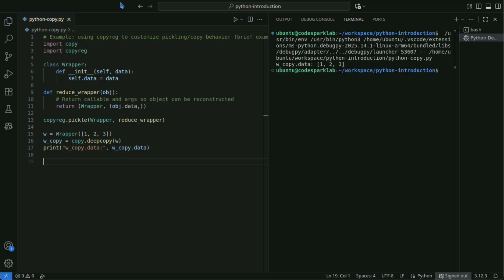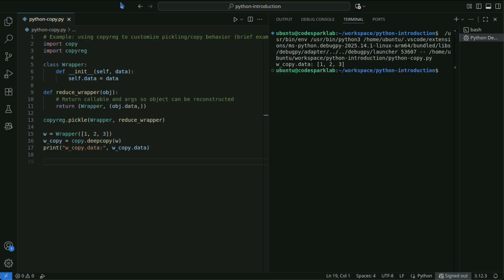Handling elements you want to share. If you want some attributes, such as large caches, to remain shared, intentionally avoid copying their references inside __deepcopy__. Immutable internal state. If you hold immutable data internally, copying may be unnecessary. Threads and external resources. Resources that cannot be copied, such as sockets and file handles, are either meaningless to copy or will cause errors, so you must avoid copying them by design.